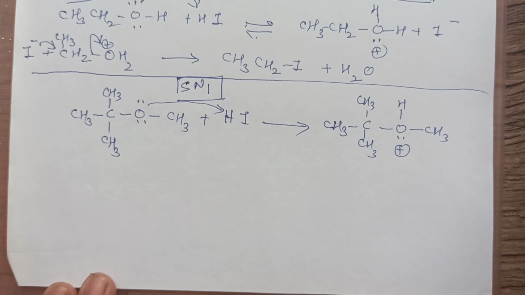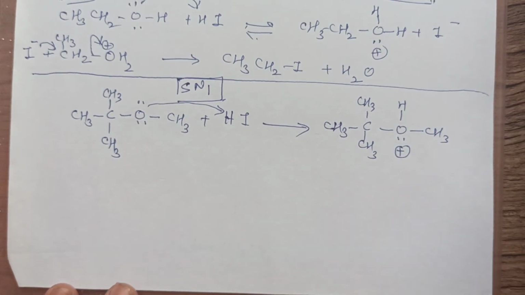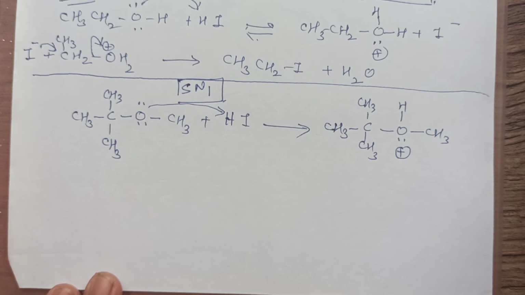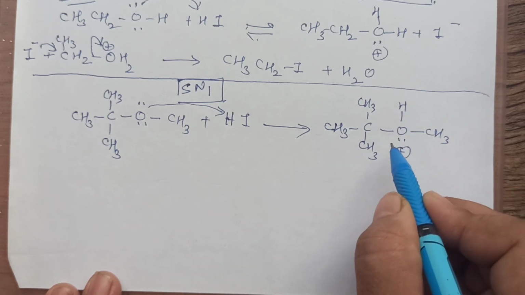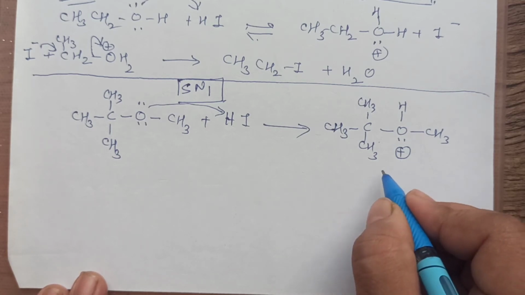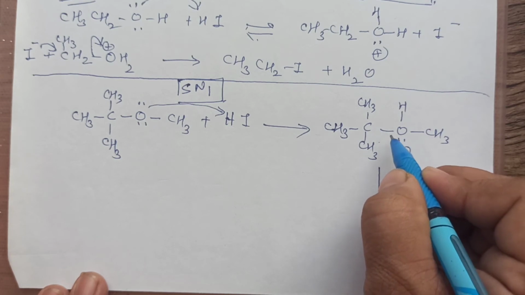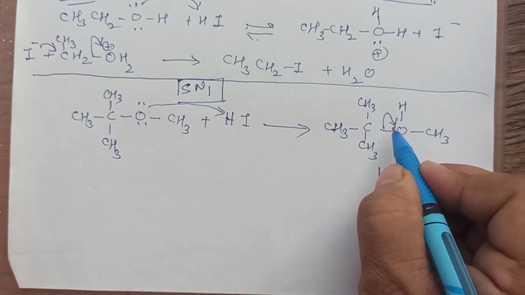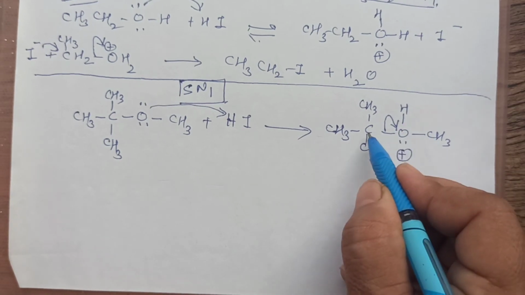O becomes positive. Now look at this species which is formed. Is there a possibility that on this side or this side, if the bond breaks, it forms a carbocation which is very stable? Not a primary carbocation; a tertiary carbocation is more stable. So when that is there, this will prefer undergoing the SN1 mechanism. SN1 means it will follow a two-step mechanism. Whatever species is formed here will now try breaking. How will it try breaking? This is positive, so it will try to pull this electron pair back. So this will get the lone pair back and this will form a carbocation.